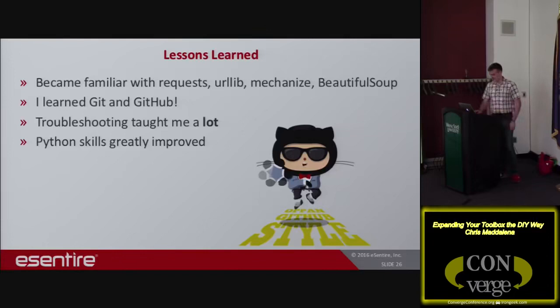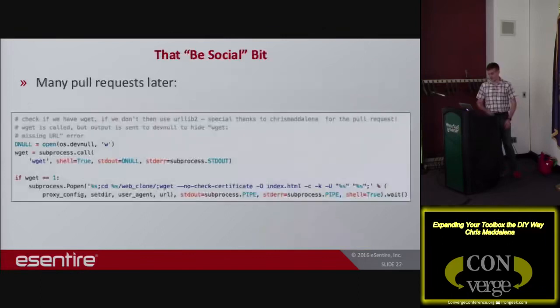It was very interesting. I learned a lot about the difference between Python 3 and 2.7 when I did that. So I'm still working on Cooper. It's still something that teaches me every time I make changes to it. And that SET bit I talked about earlier, so way back when I didn't even understand what was in